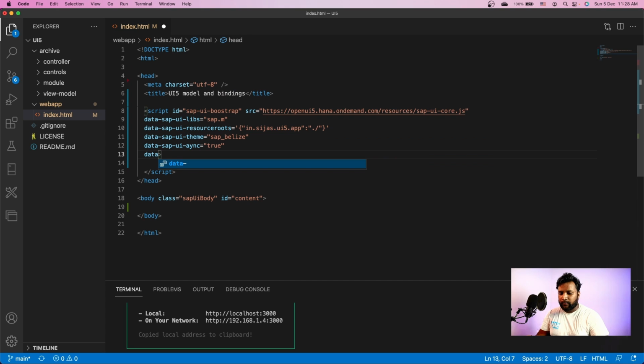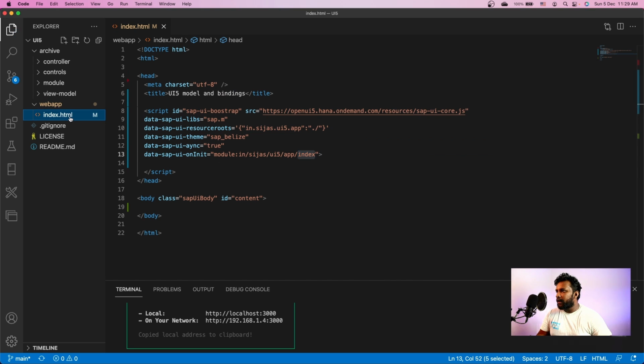Then data-sap-ui-oninit. What module I want to be loaded by default. So I'll say I need the module from the folder in/sijas/ui5/app/index. So I am loading a module index.